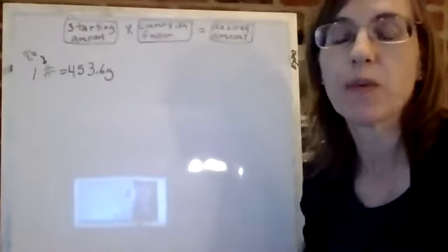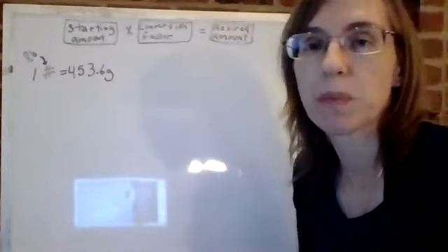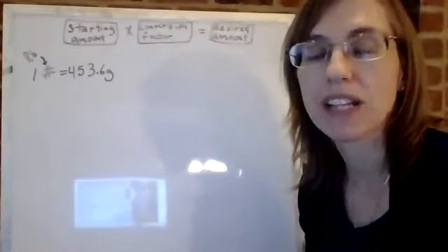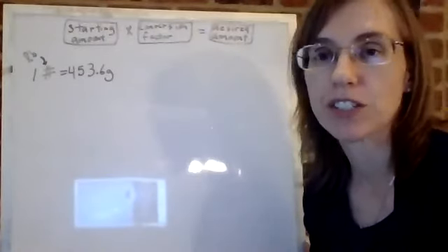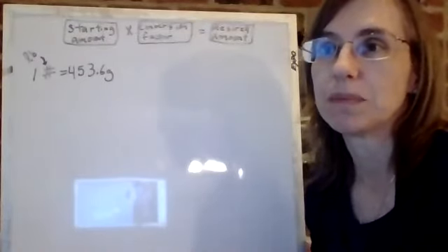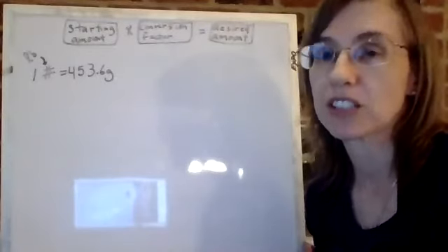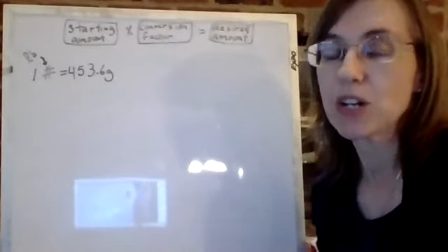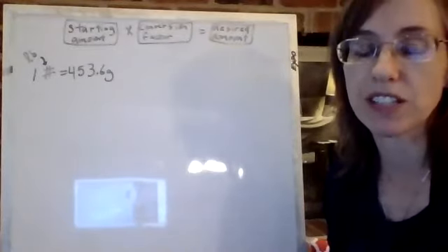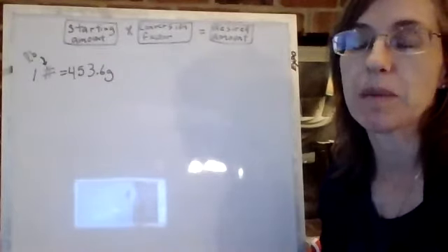In chemistry, when we do unit conversions, we use a process known as the factor label method. You might have learned other ways of doing these conversions, setting up proportions, or another method, but we really want you to learn this factor label method in this class. So do make sure that you follow the directions for this method and you learn how to do them, because